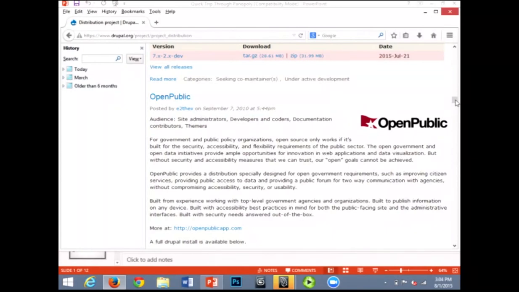Well, if your goals align with one of these distributions, then that's great. Well, my goal is to do whatever it takes to maintain our sites properly. Which one would be the better option for them? I was going to say which one, because if you ask me which one, I'll say Panopoly, but I'm biased. But the advantage of taking another step up, like taking a distro, is